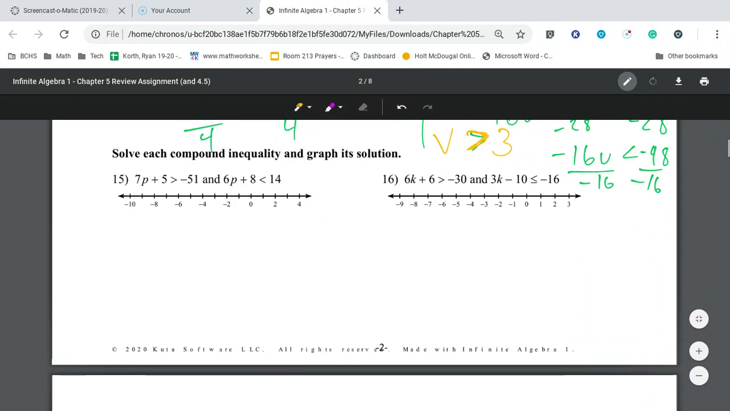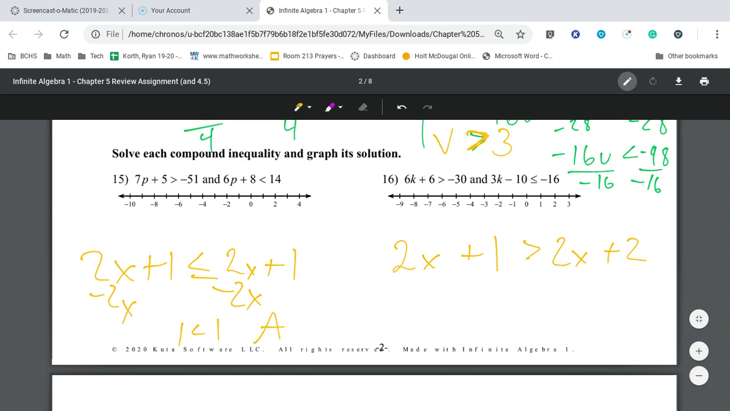2 more. Before we do 15 and 16, I just want to make a brief statement that you will see something like this and something like this on your quiz, on your test. Okay. Here we subtract 2x on both sides. 1 is less than or equal to 1. All real numbers because the variable was eliminated and it's a true statement. Over here,